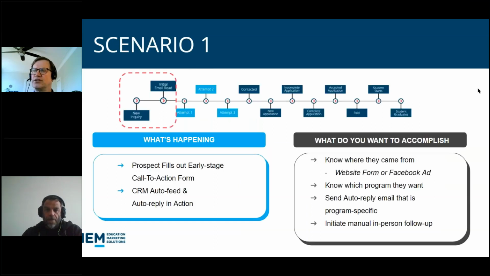So we're going to begin with our scenarios. The first scenario being at the very beginning of that timeline, right? What's happening is someone has just filled out an early stage call to action. So download a brochure, for example, and we're going to collect just a little basic bit of information about them so that we can promote or encourage them to fill out the initial form just to get their basic contact info. But what we want to accomplish on our end as marketers, recruiters, admissions folks, we want to understand,